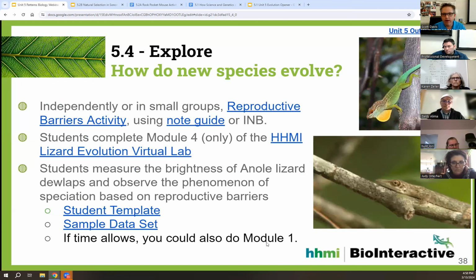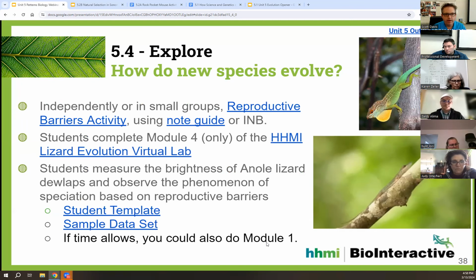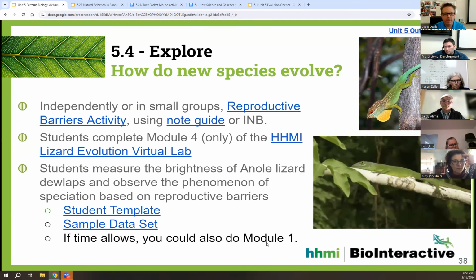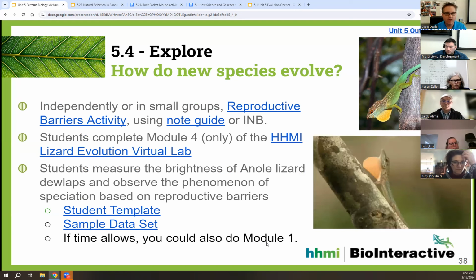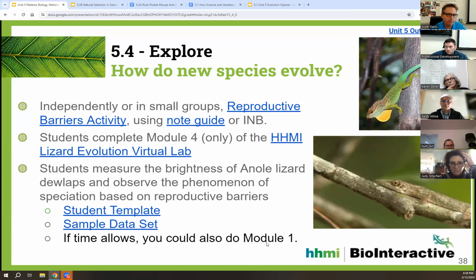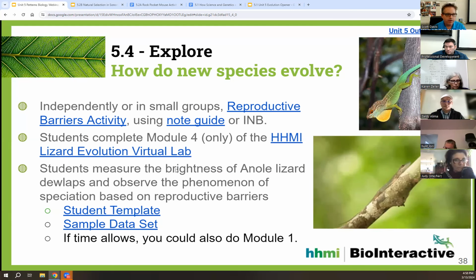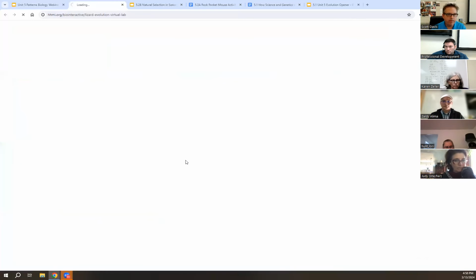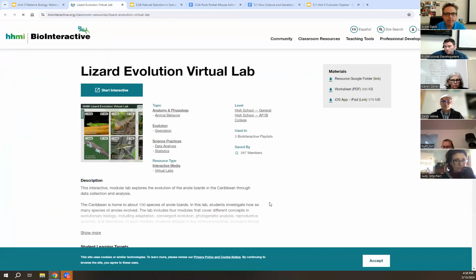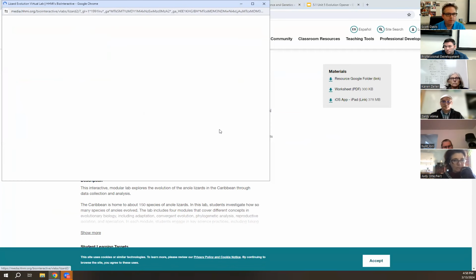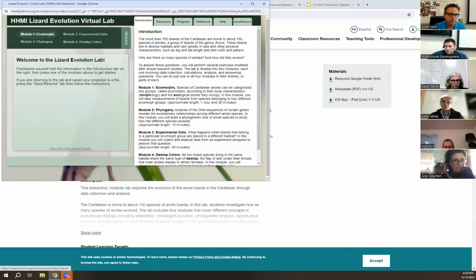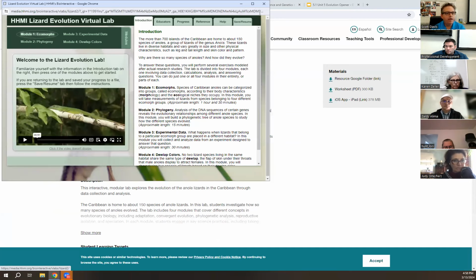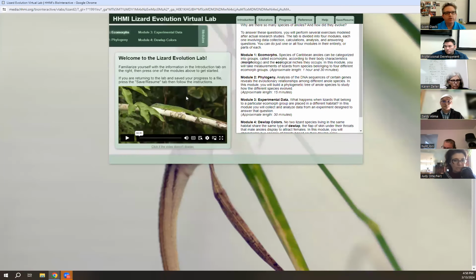This is one area where you could incorporate the INB and have them take some notes. You'll notice in the actual patterns curriculum, there's not a ton of note taking. So this is one opportunity to include some note taking in the INB on different reproductive barriers. And then there are 4 different modules in this particular HHMI lab. If you're just wanting to focus on this particular task set, we suggest doing module 4, which is focusing